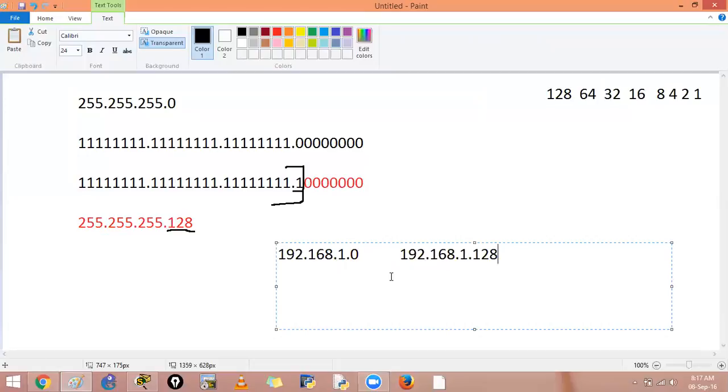128. These two numbers are now network IDs, and I cannot use these two numbers. What will we see? So I broke the network into two parts. This is the first network, this is the second network, and every network requires a broadcast also, right? So what will be the broadcast of this network? Here it will be minus 1, meaning 1.127, and here it will be